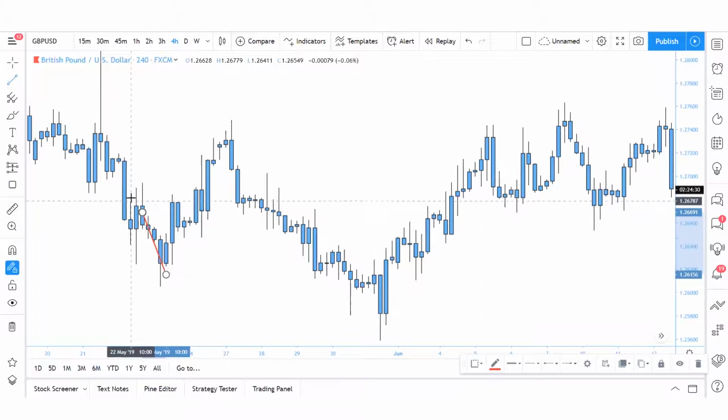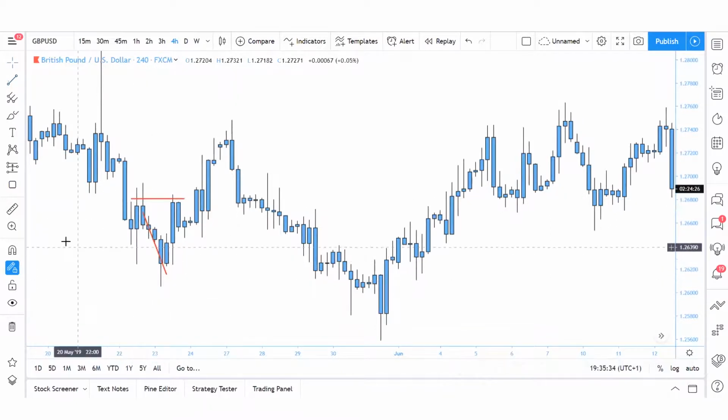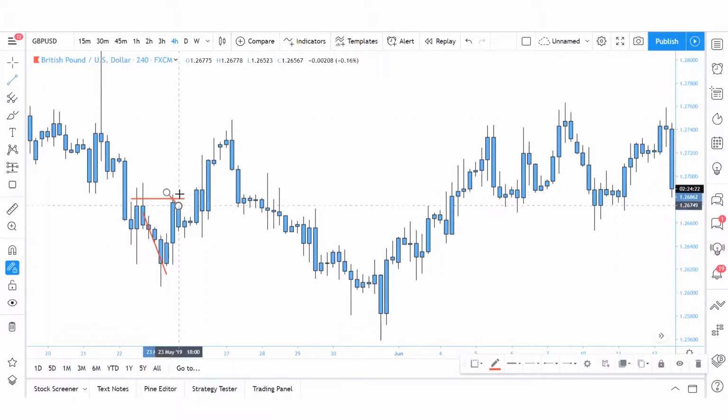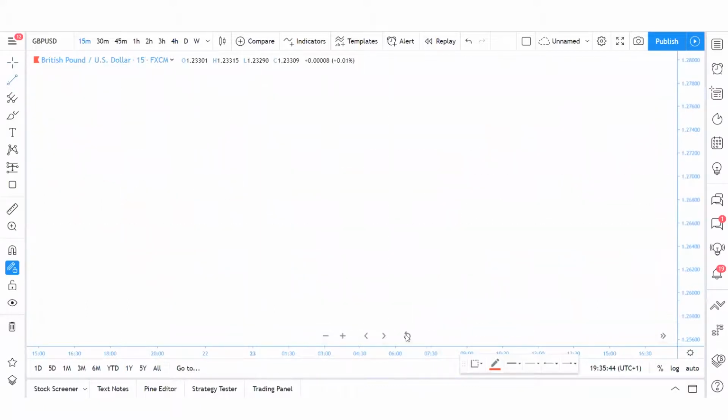So we're looking for what still after this? Still for sales. Right. So this is our previous lower high. If price comes back to this level, can you look for sales? Yeah, because that would be a double. Correct. Double. Very good. So once price comes back to this level, if we go down to our lower time frames,